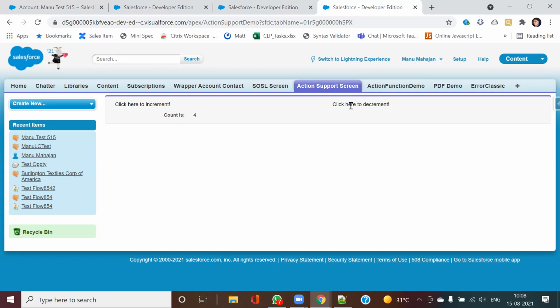Similarly, whenever I click here, this is getting decremented. So on this increment part, whenever I'm clicking it, in the backend the value is getting incremented and this is getting updated here. On this field, I have provided AJAX support using action support. Let us see how it has been done.